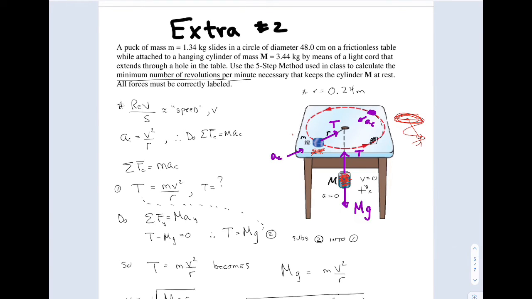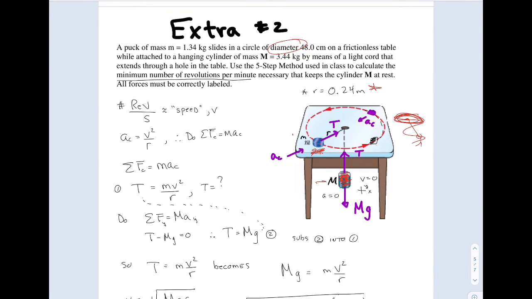So you're given the mass of the cylinders and the diameter of the circle. Careful, they give you the diameter, so that's the radius in meters. And it says use the 5-step method. That's a hint. Use the 5-step method to calculate the number of revolutions per minute necessary to keep this big